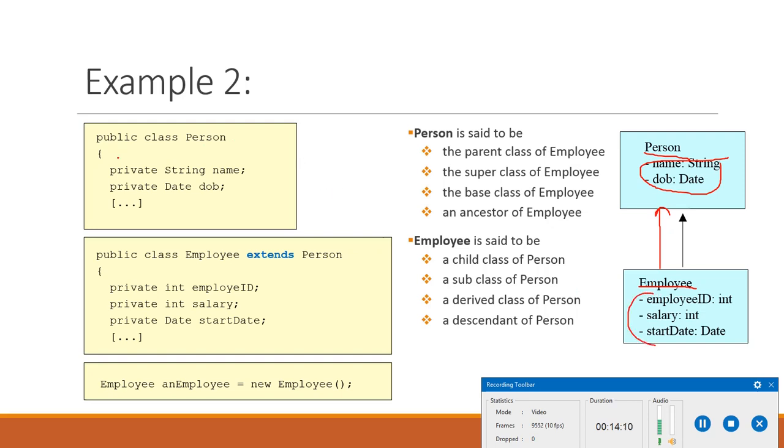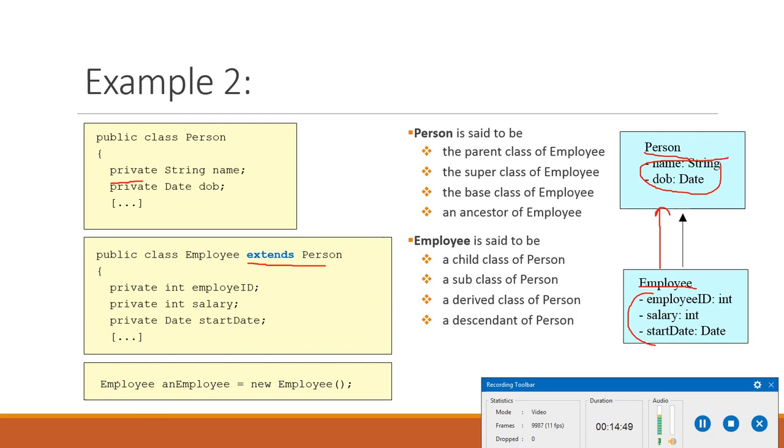First of all, we will create a class Person, which is the parent class or the superclass. Public class Person, we will define the data members, a private String name and private date of birth. We can declare them public. In the examples that I am going to create, I will use the public keyword. Private I will use later on. In next week's class I will discuss private and other modifiers. Then Employee is a child class of the Person class. So how will my syntax look? Public class Employee extends Person, and then we will create the variables of the Employee class.